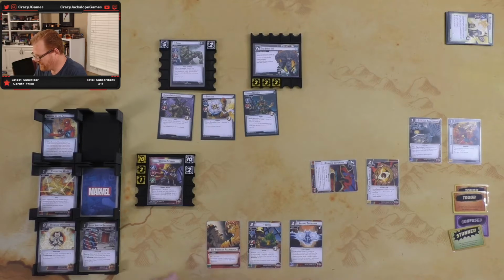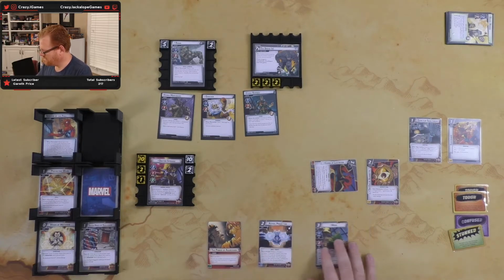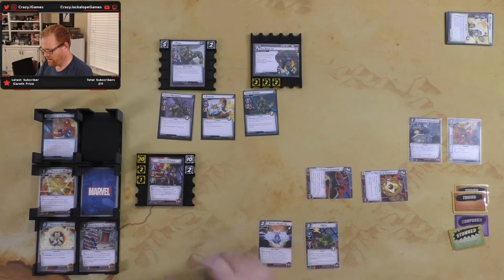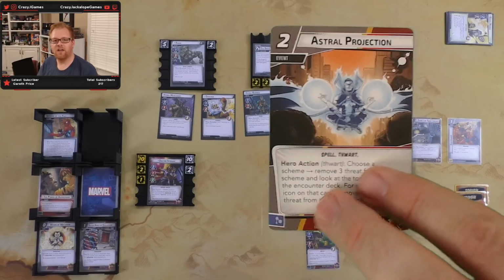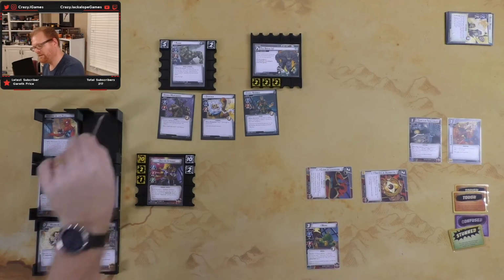Oh, I think I need to get caught up so I can go back to a Stephen Strange round, unfortunately, which means I don't have to get rid of Wong. I may actually draw a card that helps me play him. So we're going to use our eye and our power to play Astral Projection. Astral Projection is going to say I look at the top card of the encounter deck. So let's peek at the top card of the encounter deck, and it's a